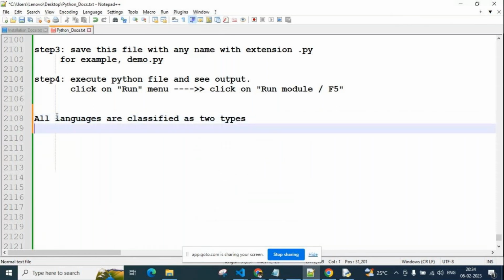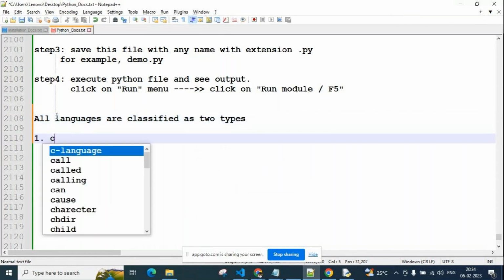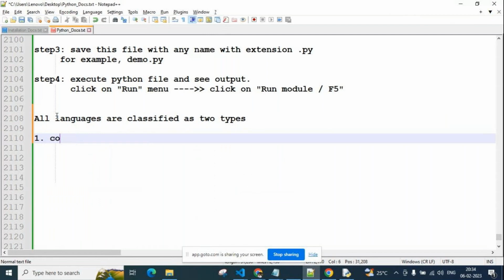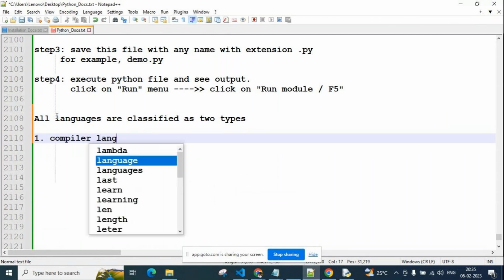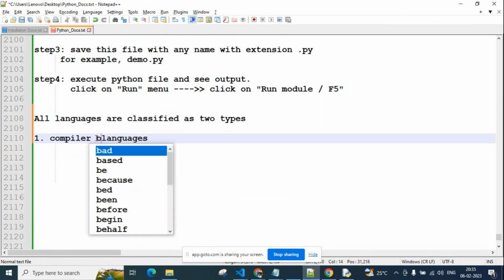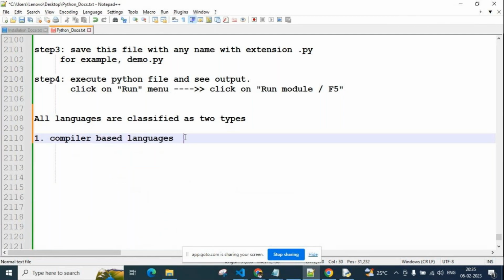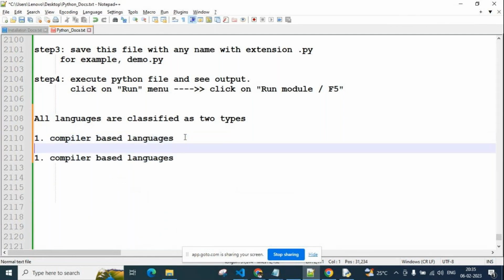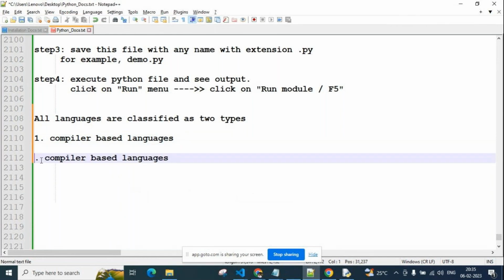One is compiler based languages, and another one is interpreter based languages.